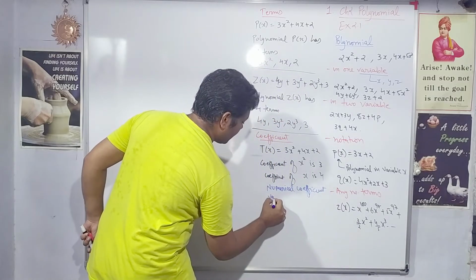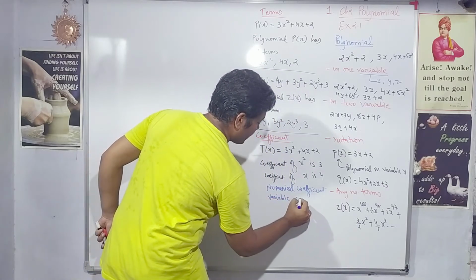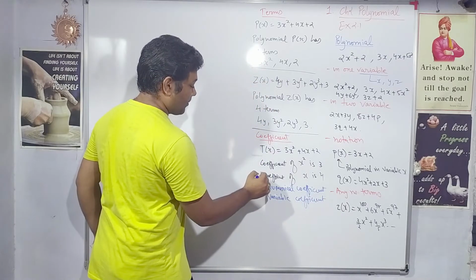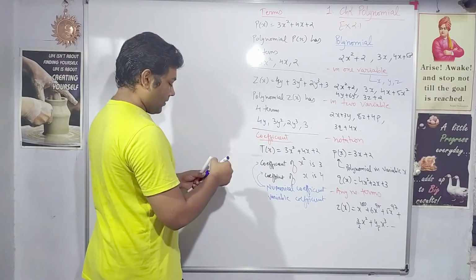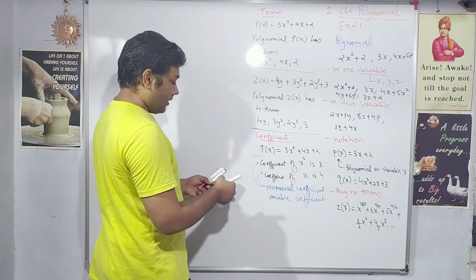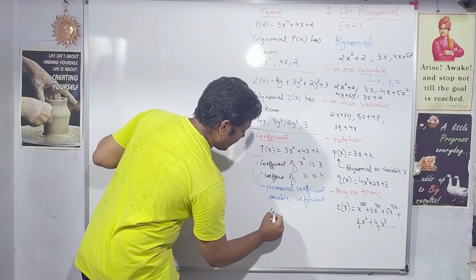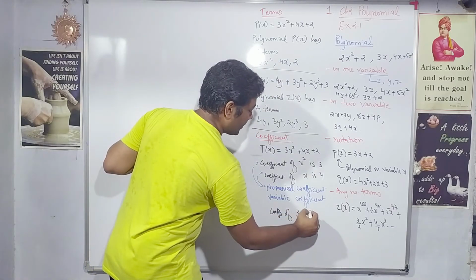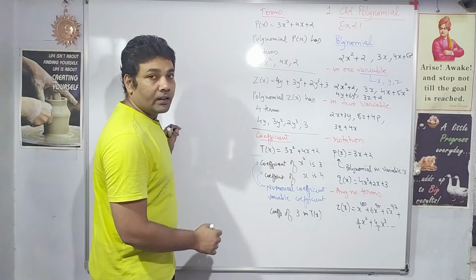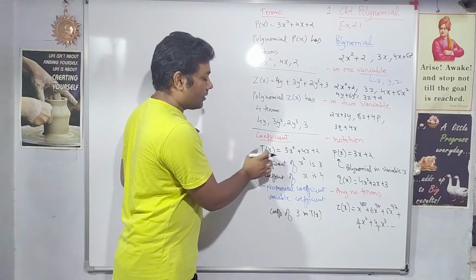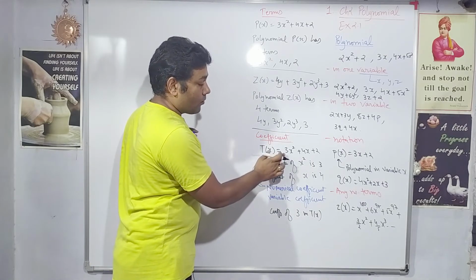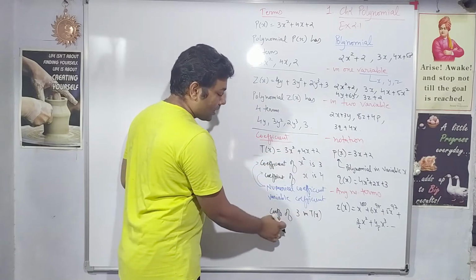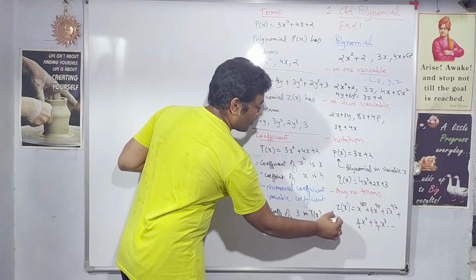and variable coefficient. What do we mean by numerical coefficients? These are the examples of numerical coefficients. Variable coefficients, again if we take, we can write it this way: the coefficient of 3 in t of x. What is the coefficient of 3 in t of x? We should look in the polynomial at what is there with the 3. With 3, x square is there, right? So the coefficient of 3 is x square.